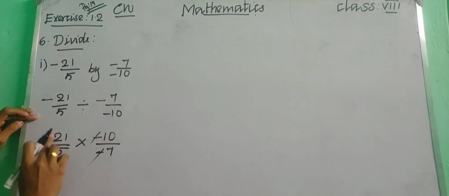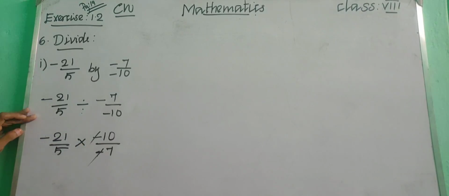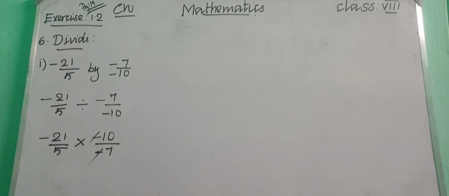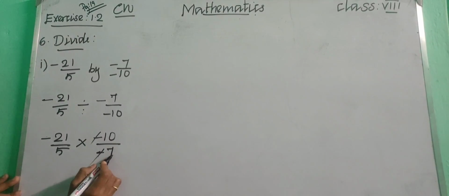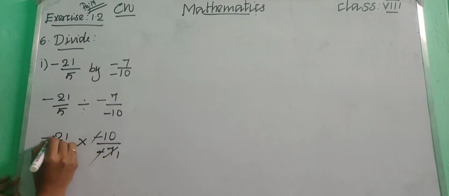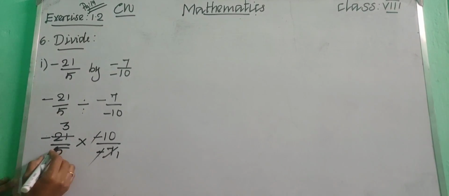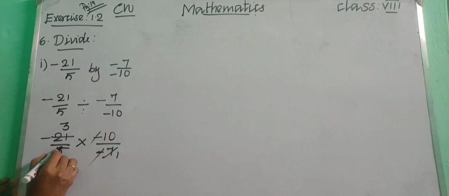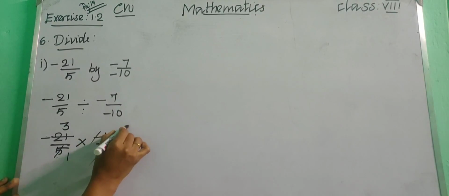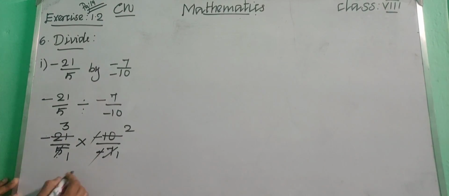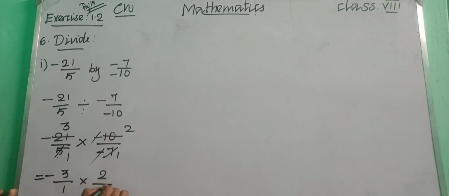If you are having multiples of 7 or multiples of 5 in the numerators as well as in the denominator, only then we can cut. Now here we are having the multiples of 7, right? So 1 7 is 7, 3 7s are 21, and here this one is 5 and this one is 10, so we can cut, right? 1 5 is 5 and 2 5s are 10. So now let us write the numbers we got: minus 3 upon 1 into 2 upon 1.